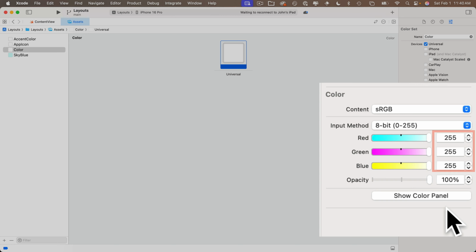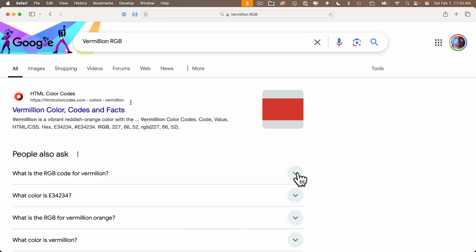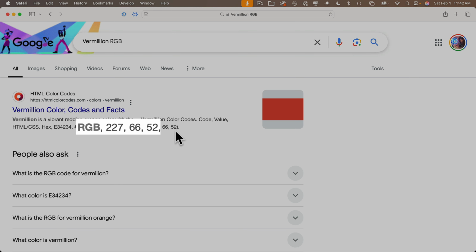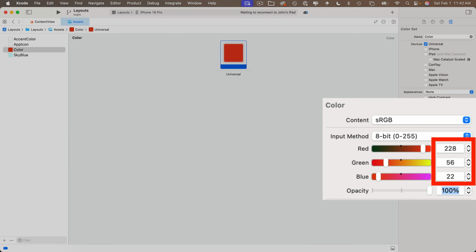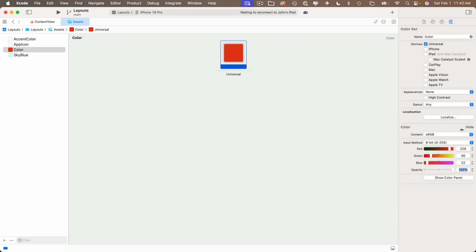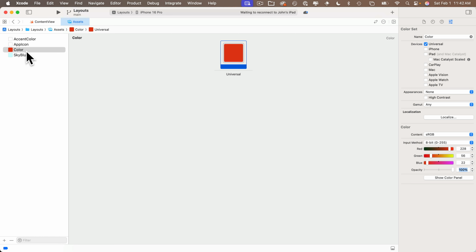So in our example, let's imagine that I wanted to use the color vermilion that I found online by doing a search for vermilion RGB, and I like this color. Now there are a few different standards for color names, so you might see different numbers for the same color names. Right here I've got 227, 66, and 52. So I'm going to return to Xcode, enter these values, and voila! I've got my vermilion. Comparison to what I found looks great, so I'm going to name this color vermilion